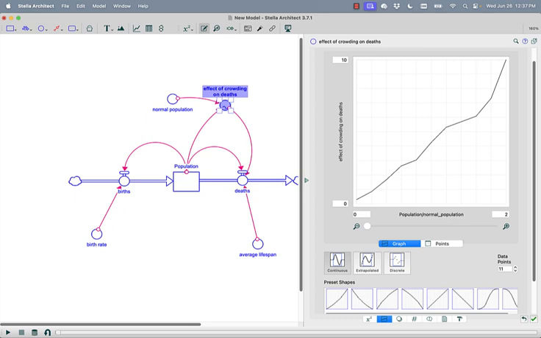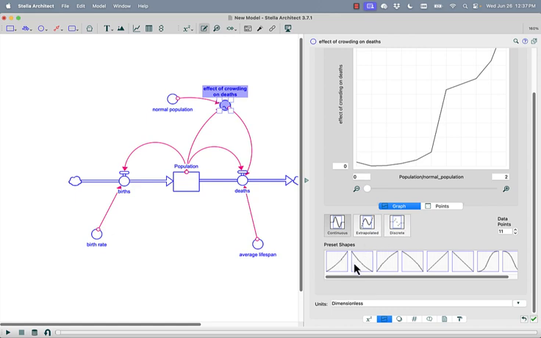And when population is the normal population, when we get 1 for the x, what do we want for the y? We want 1. We don't want 4.26. So it's got to be something kind of like this, except we want everything here to be below. Okay? So there's a bunch of handy-dandy shapes in the graphical function editor that help us puzzle through these. And in this case, I want to use an exponential growth shape